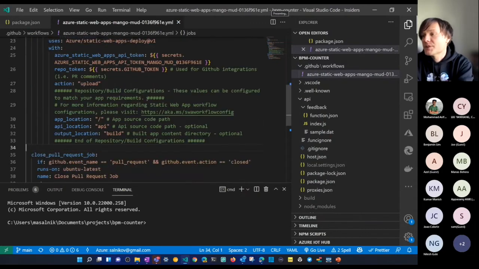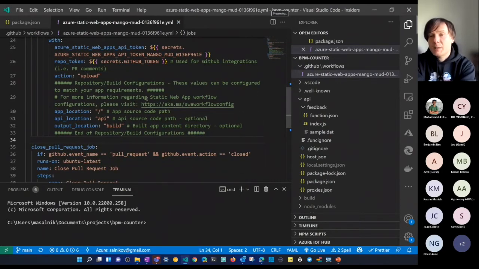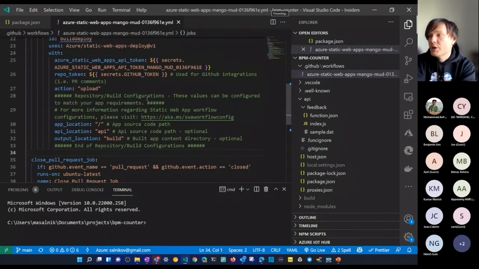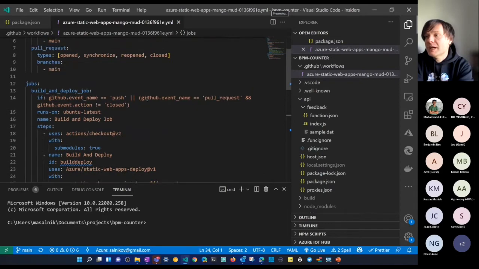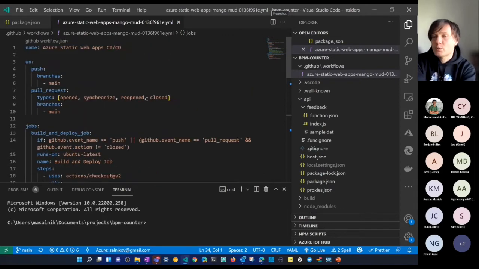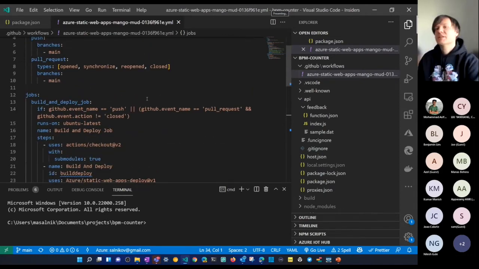And actually, this is a GitHub workflow, which explains to the GitHub Actions feature what to do. As I mentioned earlier, there is no reason for you to understand in detail what's going on here. This is basically just an explanation to GitHub Actions of what to do and when.